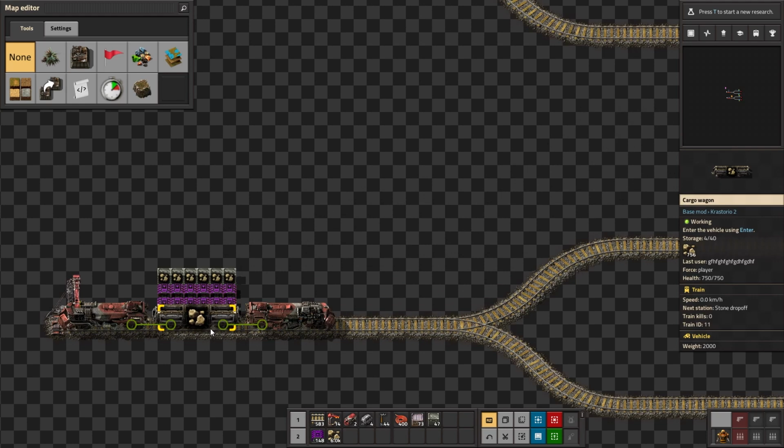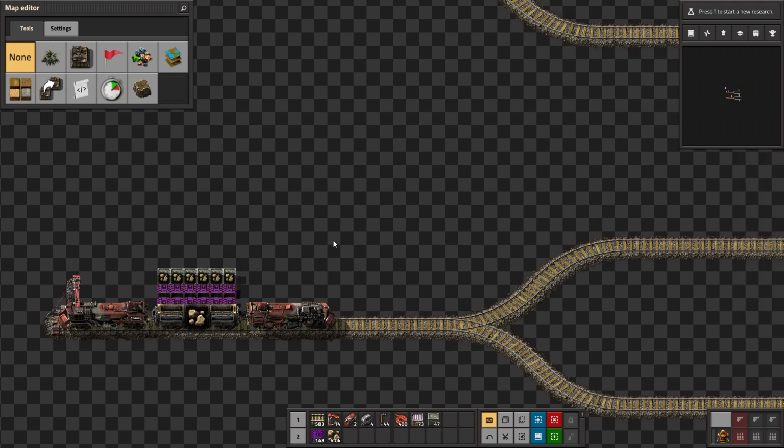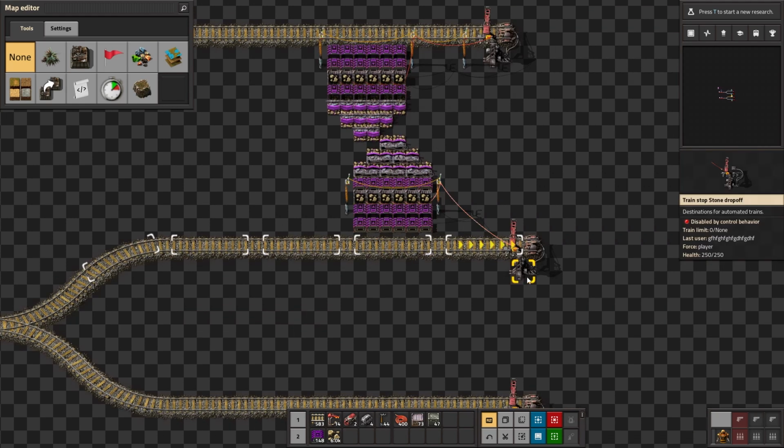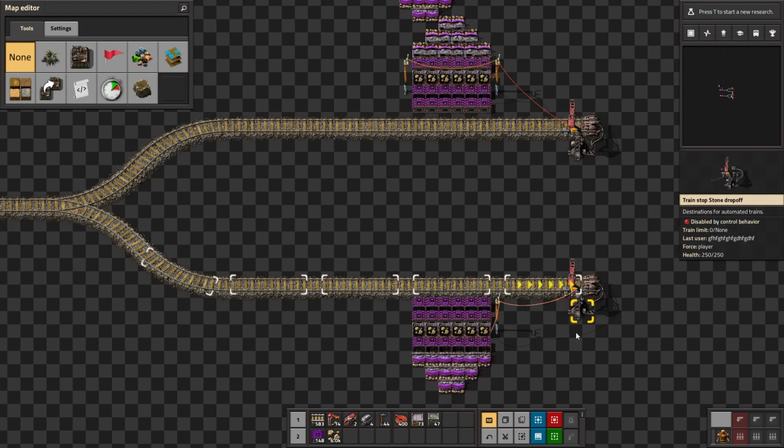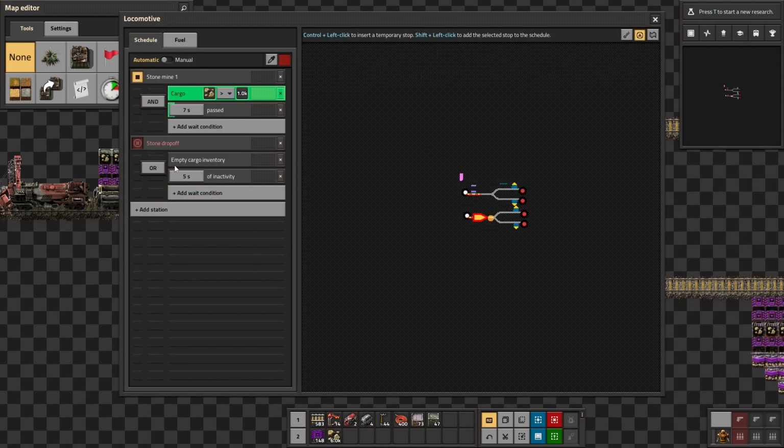It seems daunting, but I think it's fine if you understand the logic at least. Make sure to disable the train stop. Make sure both train stops have the same name. And then I'd add multiple conditions, both for when it's allowed to leave the drop off and when it's allowed to leave the mine. So, yep,